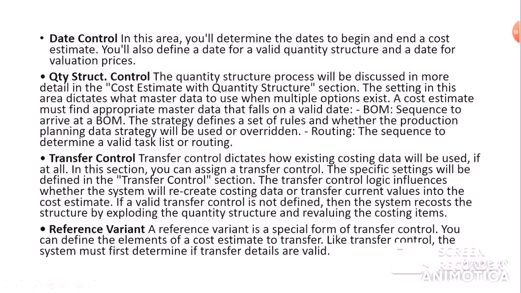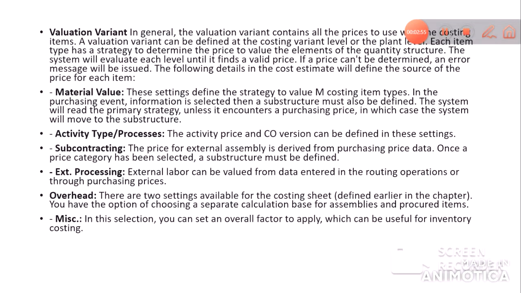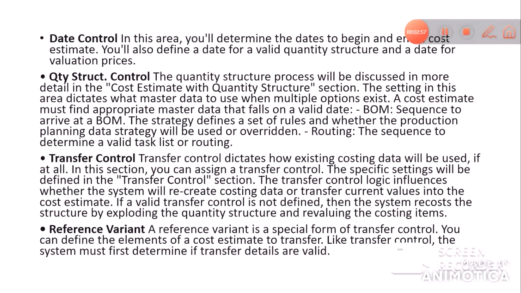Date control. In this area, you will determine the dates to begin and end the cost estimate. You will also define a date for a valid quantity structure and a date for valuation prices. So we can see here date control, quantity structure control, transfer control and reference variant. So we are going to check